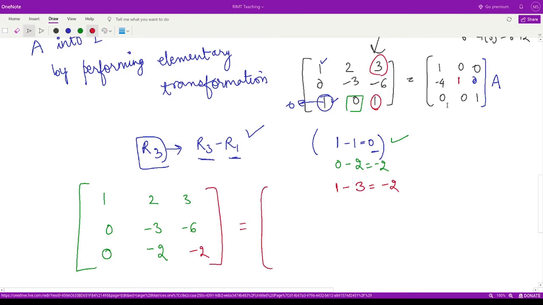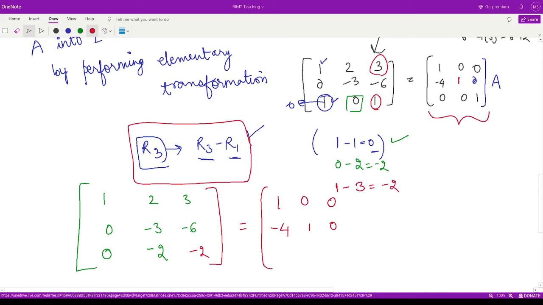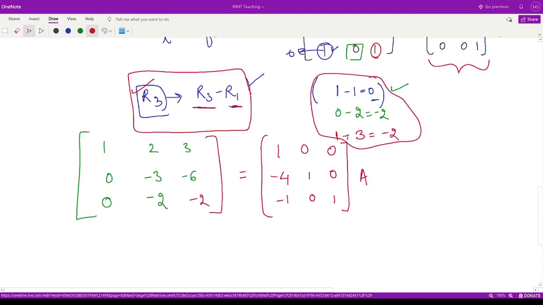And similarly, we can perform the same operation onto the right hand side matrix. So you see no change on the right hand side first row, no change on the second row. However, we have a change on the third row. And what is the change? The change is that we are just subtracting row 1 from row 3. So how can we do that? So 0 minus 1, that is minus 1, 0 minus 0, that is 0, and then 1 minus 0, that is 1. So you can do this calculation orally also, and you can do it by writing also, right? That is your choice completely.